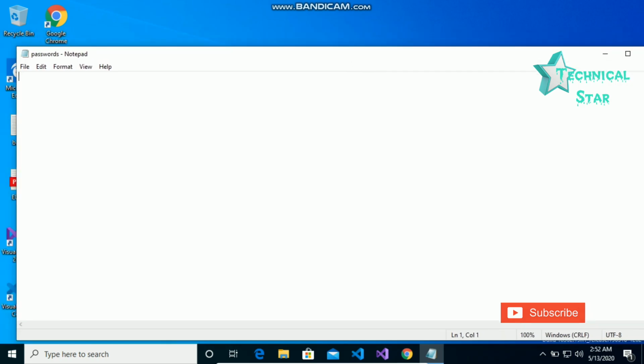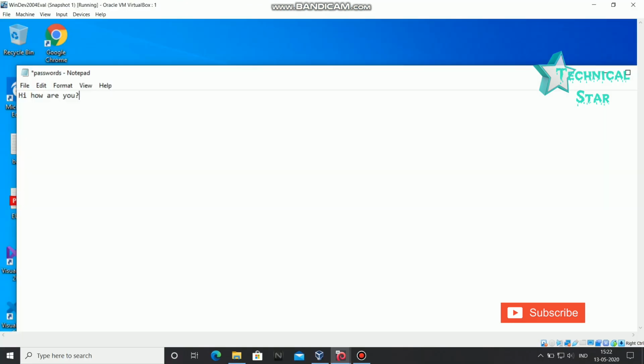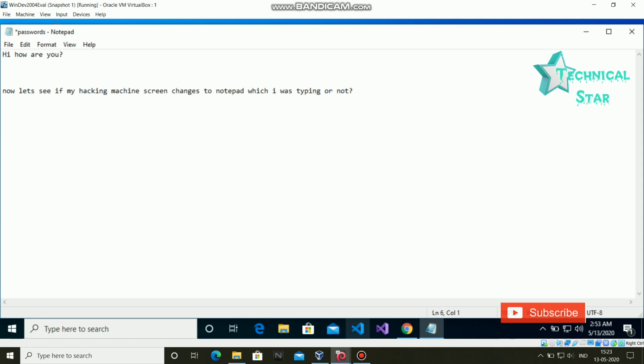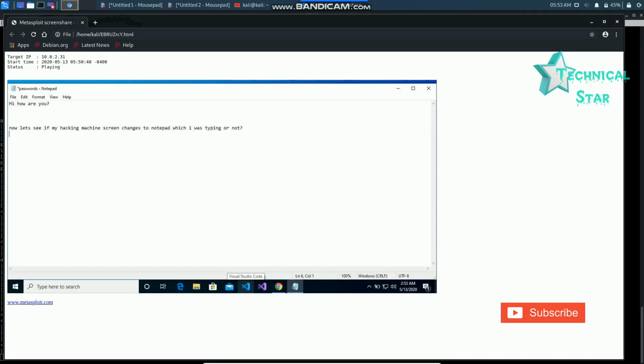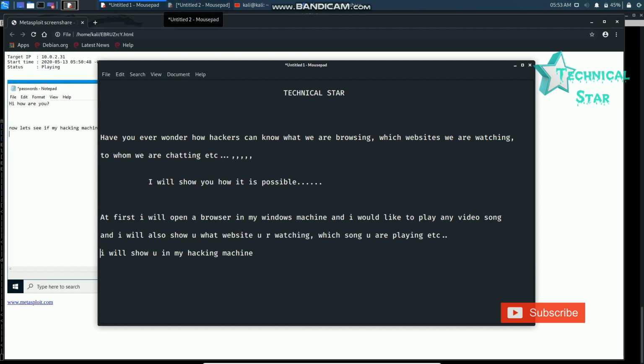I am going to type something here to know whether the hacker's screening is really working or not. I have typed here, hi, how are you? Now let us check whether my hacking machine screen changes to Notepad or not. Look at that, we can clearly see the user's window and the Notepad which was opened in the user's window.